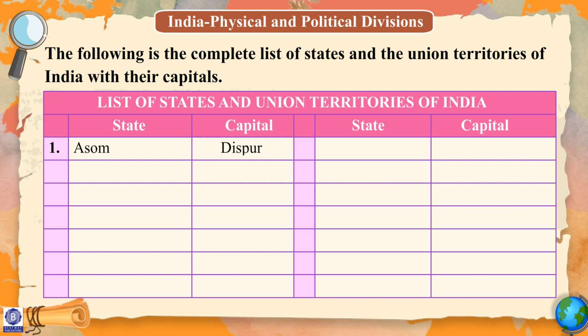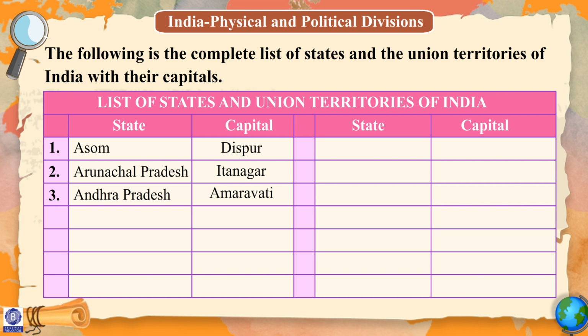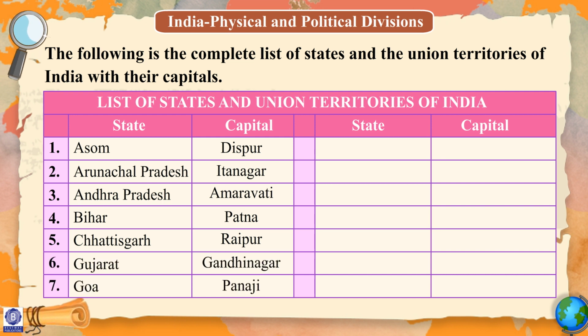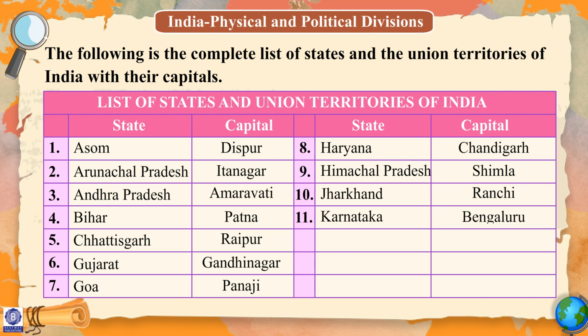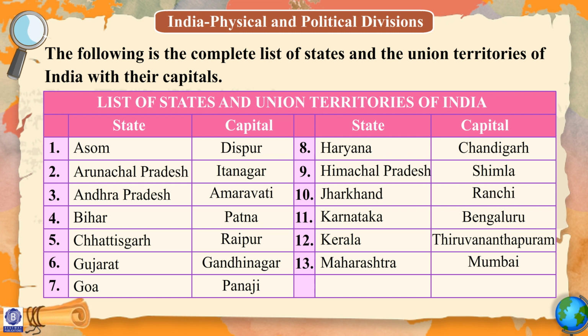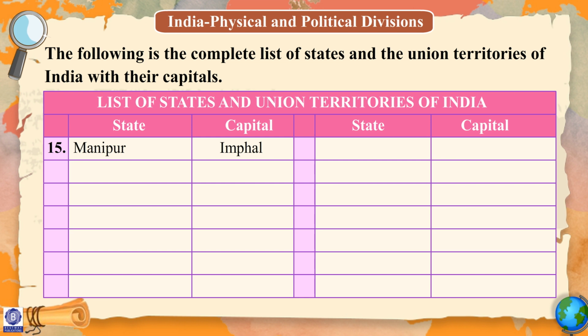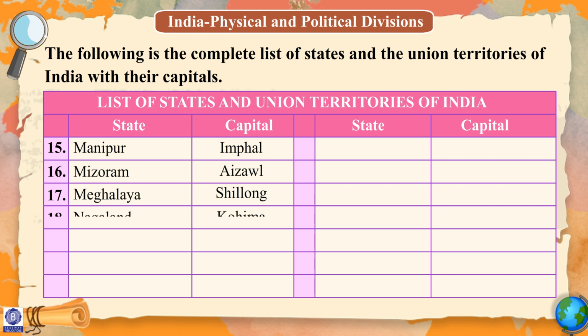State, capital: Assam, Dispur; Arunachal Pradesh, Itanagar; Andhra Pradesh, Amravati; Bihar, Patna; Chhattisgarh, Raipur; Gujarat, Chandigarh; Goa, Panaji; Haryana, Chandigarh; Himachal Pradesh, Shimla; Jharkhand, Ranchi; Karnataka, Bangalore; Kerala, Thiruvananthapuram; Maharashtra, Mumbai; Madhya Pradesh, Bhopal; Manipur, Imphal; Mizoram, Aizawl; Meghalaya, Shillong;